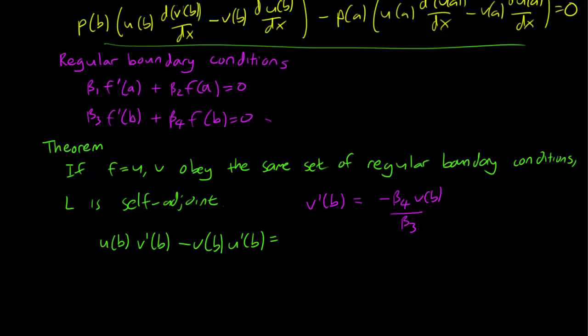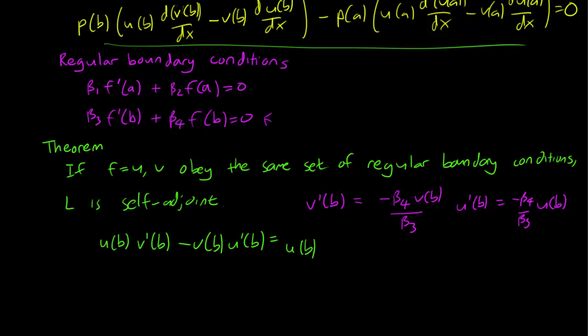And this comes from the second boundary condition over here. If we solve for f prime, remember that f is set equal to v at this point. And similarly, of course, we have u prime(b) equals minus beta 4 over beta 3 u(b). They obey the same boundary conditions, so the beta 4 and beta 3 for both u and v are the same. Well, if we substitute that in, we're left with